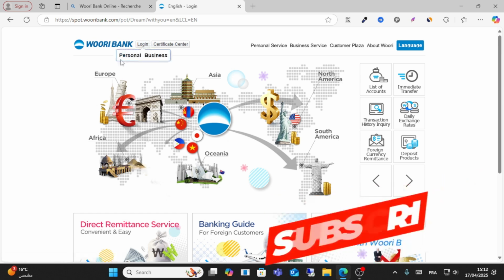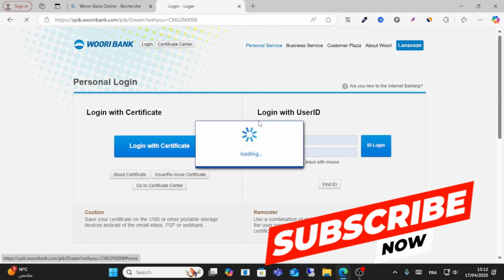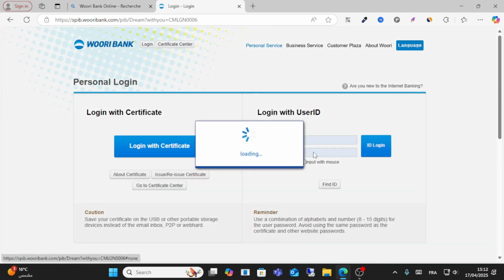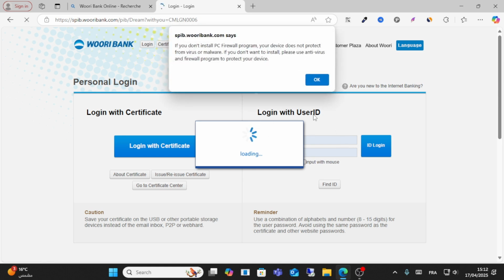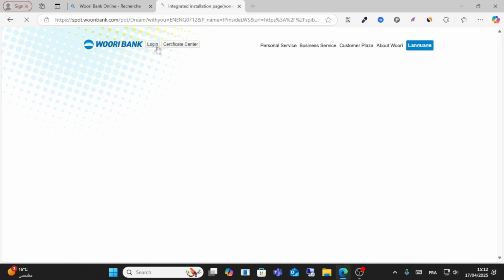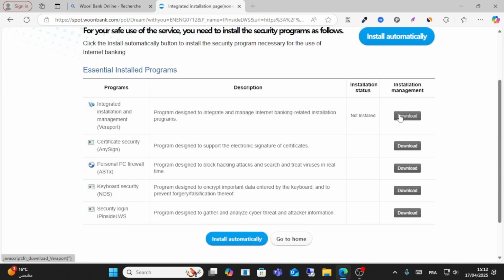Click login. If you have a personal account, click this one, and after that guys wait for this page to load. It will take some seconds. After that guys, just loading, click OK and click cancel. From here OK and click login option, and you should guys, before login, you should install these programs